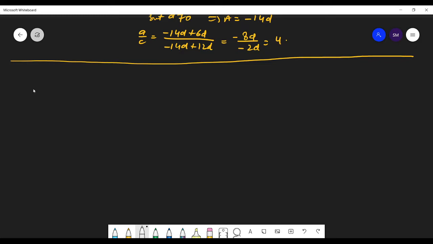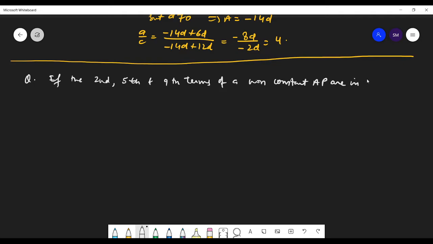Okay, let us do another question. So students, just try to increase your speed. Okay. So question: if the second, fifth, and ninth terms of a non-constant AP are in GP, then